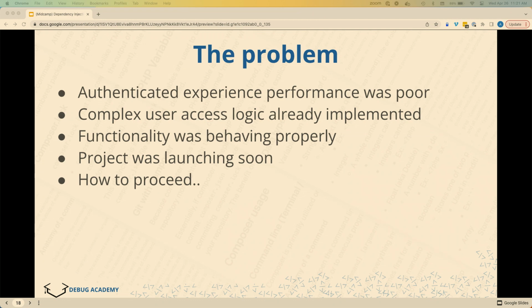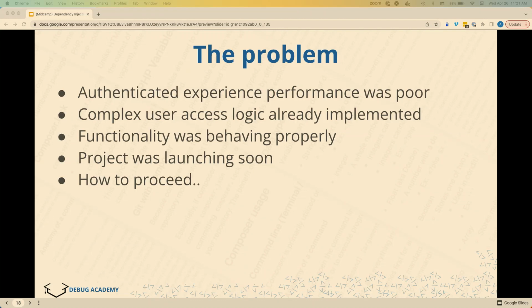And that way we basically had authenticated traffic where the authentication was really served by the CDN fully. So we had reasons for that. It was a very high traffic, heavily authenticated site. But with that, the user access logic ended up being very complicated.